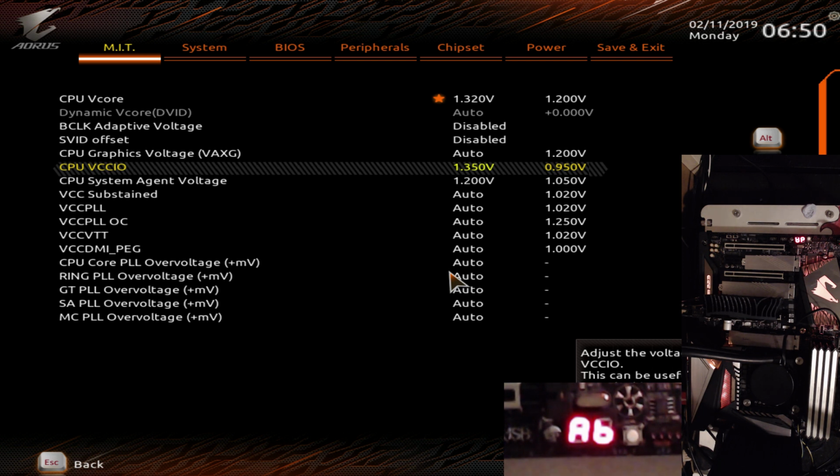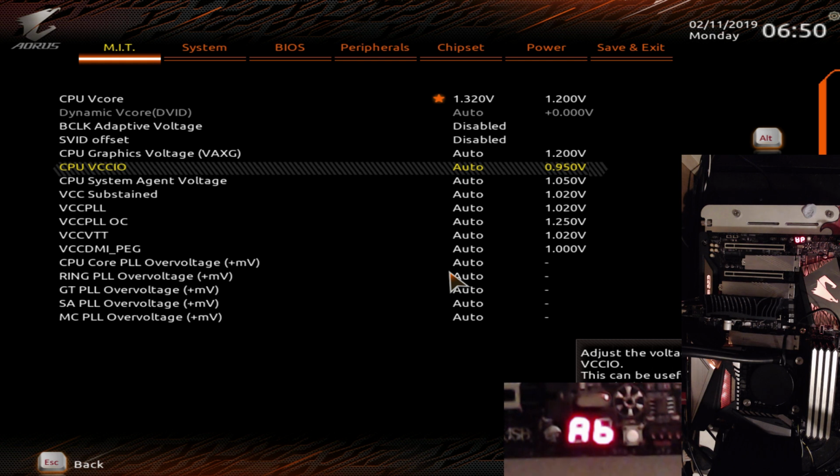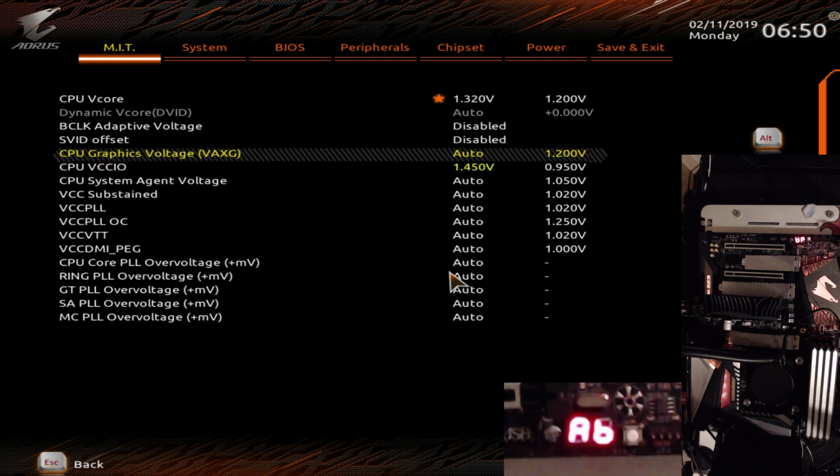I will really strongly recommend that you do not leave these on auto ever on any motherboard, especially if you have a high-frequency memory kit, because one of the things that most motherboards like to do, especially if you load up a high-frequency XMP profile, is default your System Agent and your VCCIO to completely stupid settings of normally around 1.45 volts or higher. In fact, I think Asus may, for certain frequencies, default to as high as 1.7 volts